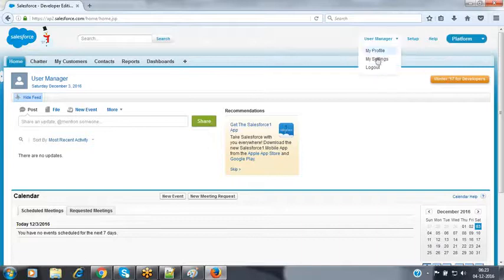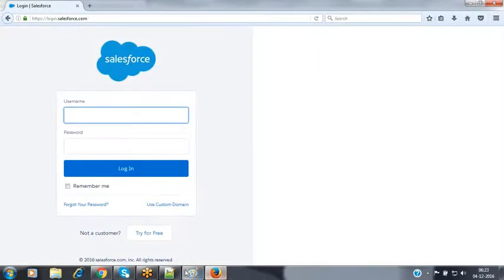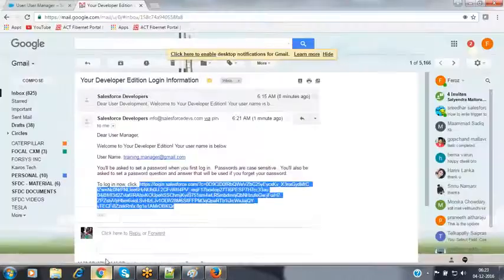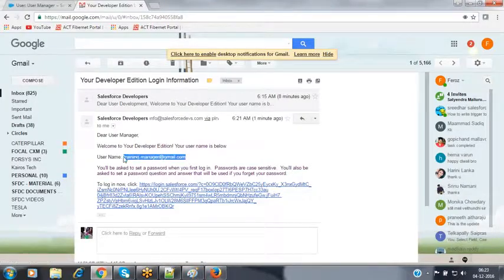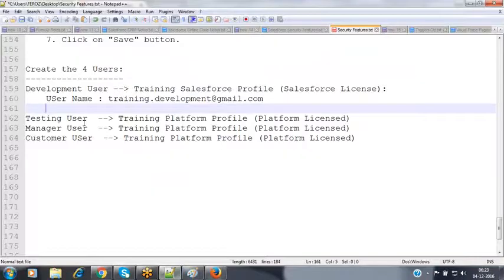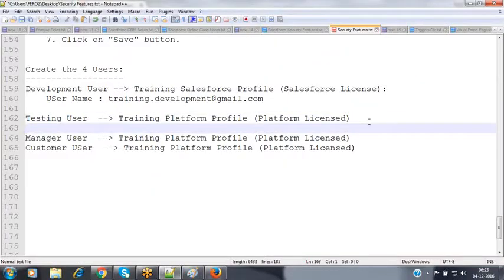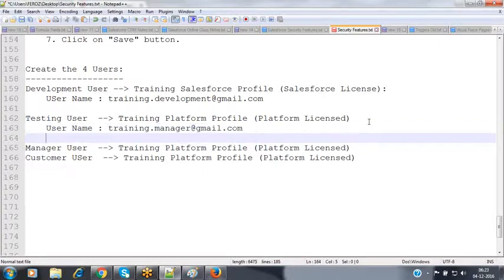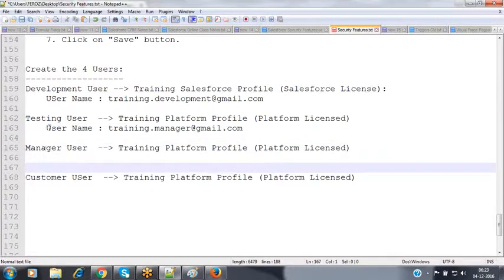Now, I'm logging out from this user right now. So for this user, we have created this user account. This is the user ID. Sorry, this is a manager user.